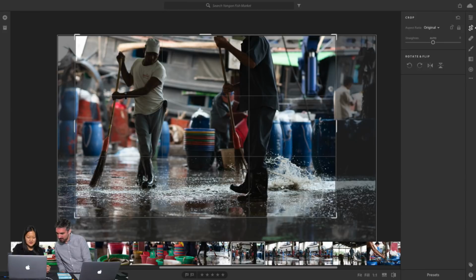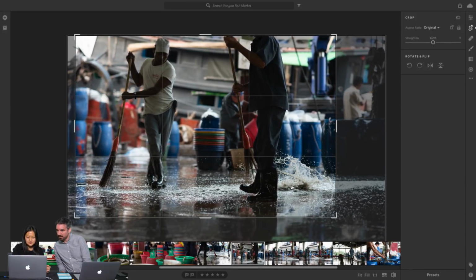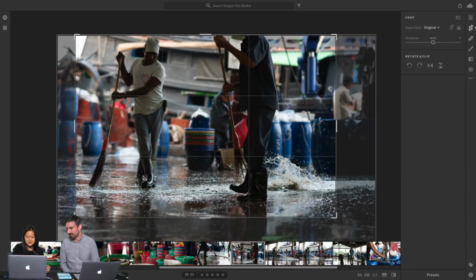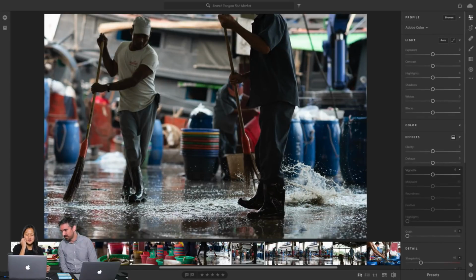I want to maintain my aspect ratio, and I want to keep that splash. So if I crop it tighter, it doesn't feel as much of a problem to have cut off his head, because there is less space. It's generally not a composition that I would recommend, but you make the most of what you have.